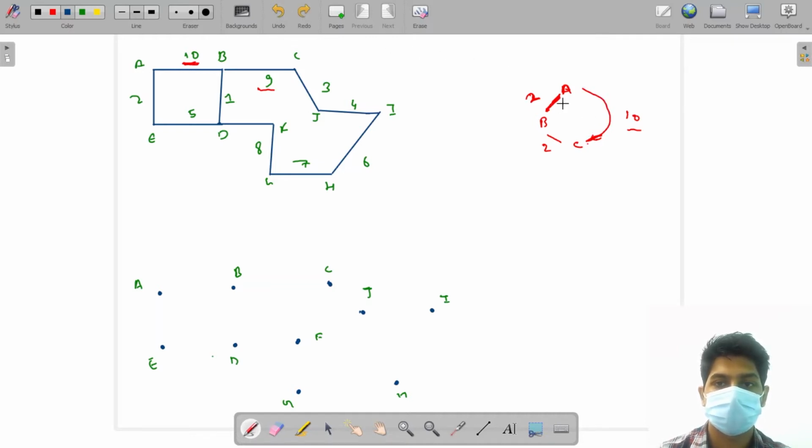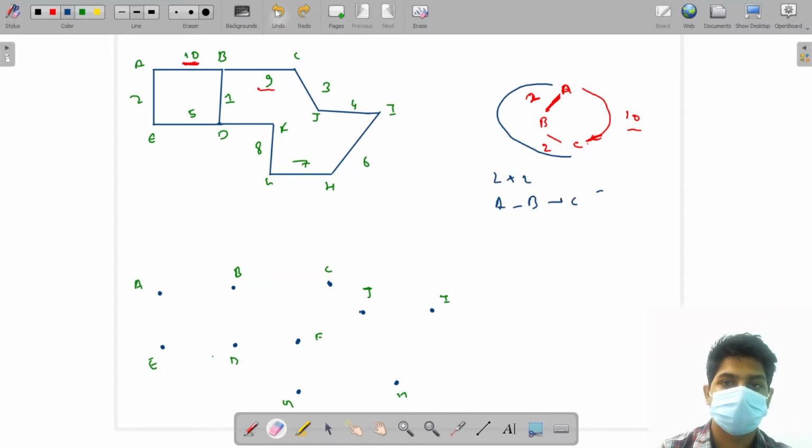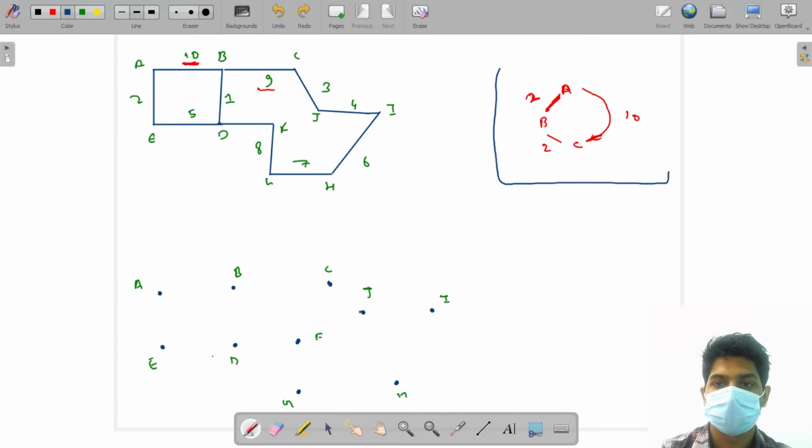Okay, and if I want to connect from computer A to computer C via this path, then how much will I have to pay? 2 plus 2, from A to B, then from B to C. So 2 plus 2 equal to 4. Then I will have to pay 4 as the cost. Okay, so let's analyze what is the total cost for this graph. The total cost for this graph is the cost of all the edges. Like this, if this is my graph, what is the total cost of all the connections? Like I have established a connection using this, so I will have to pay the cost of this connection. I have established a connection from A to B directly, so I will have to pay this cost also. Same for this cost also. So the total cost in this case will be what? 2 plus 2 plus 10, the total cost is equal to 14.